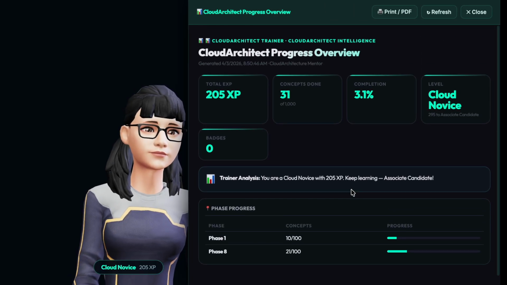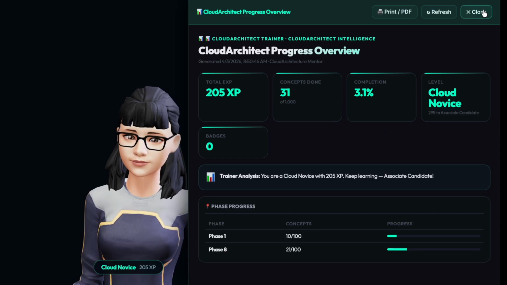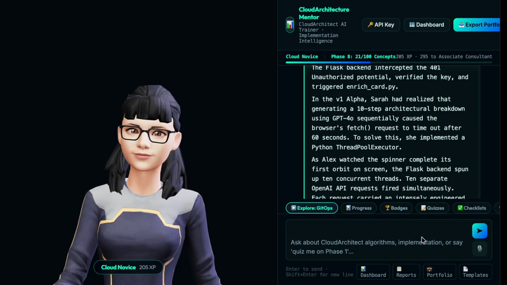3. The 8-second synthesis. Behind the glass UI, absolute chaos was